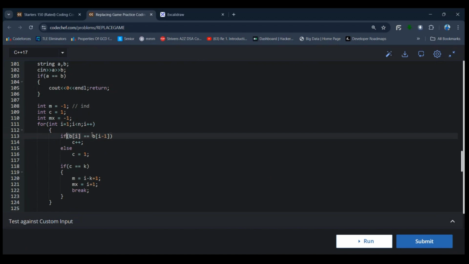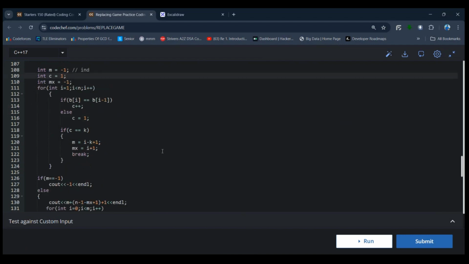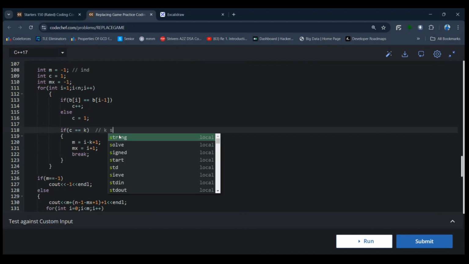मेरा bi क्या bi -1 के बराबर है? अगर है तो मैं c को प्लस प्लस कर लूंगा। मतलब c initially 1 है, c is the size of the substring, क्योंकि एक element का तो substring हमेशा रहेगा ही। I will do a c plus plus, else अगर वो बराबर नहीं है तो मैं अपनी c को restore कर दूंगा 1 पे। और अगर मुझे कभी ऐसा मिल जाता है कि c is equal to k, मतलब कि k साइज की substring मुझे मिल गई है b में, k size substring is found in b।